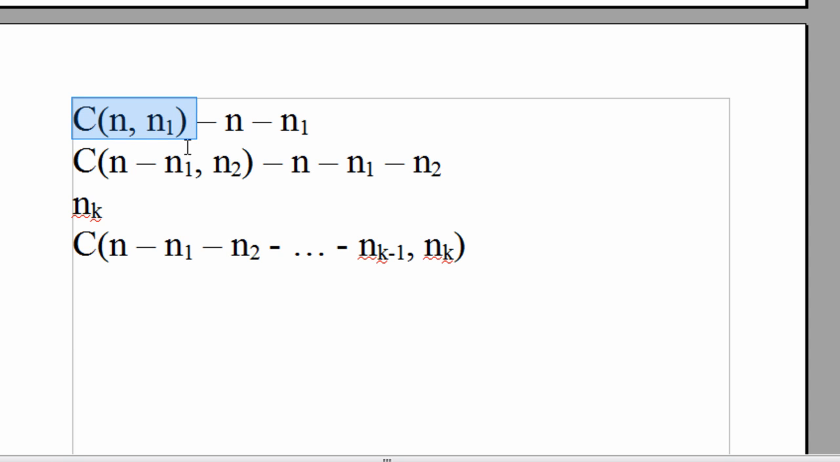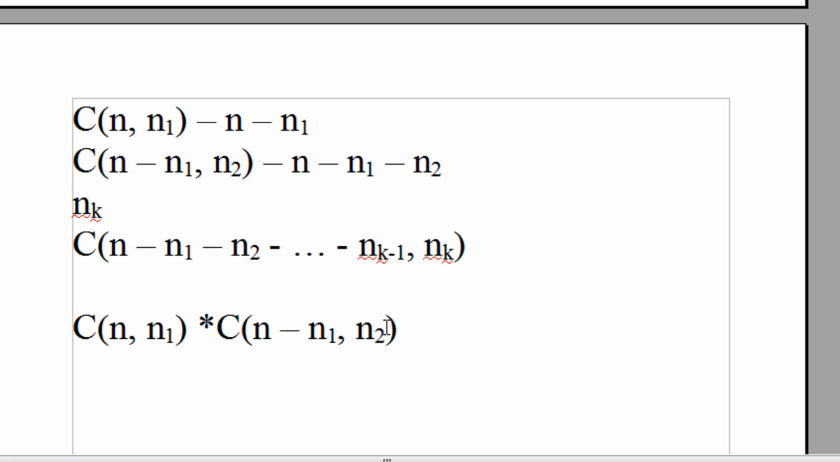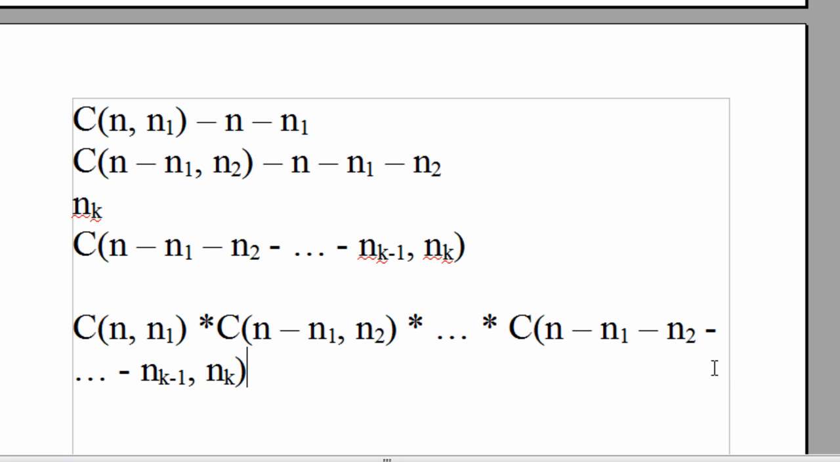here n choose n sub 1 times n minus n sub 1 choose n sub 2 times all the way to n minus n sub 1 minus n sub 2 minus ... minus n sub k minus 1 choose n sub k. And